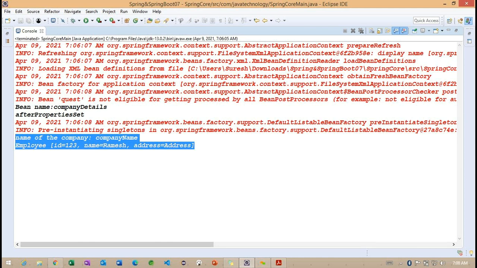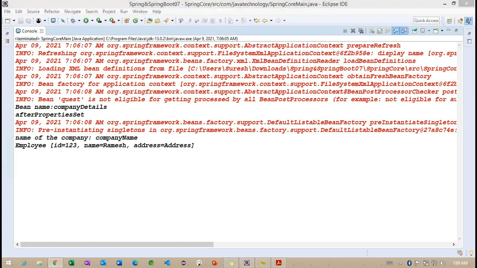Getting the point. So how many objects we want to create for each request, or for our entire application, how many objects we want to create. This information we also need to provide to the container, so that the container is going to check this particular scope of this particular bean. Based on this scope, what happens internally? The container is going to create an object of this particular bean. Right. Now we have different scopes here.